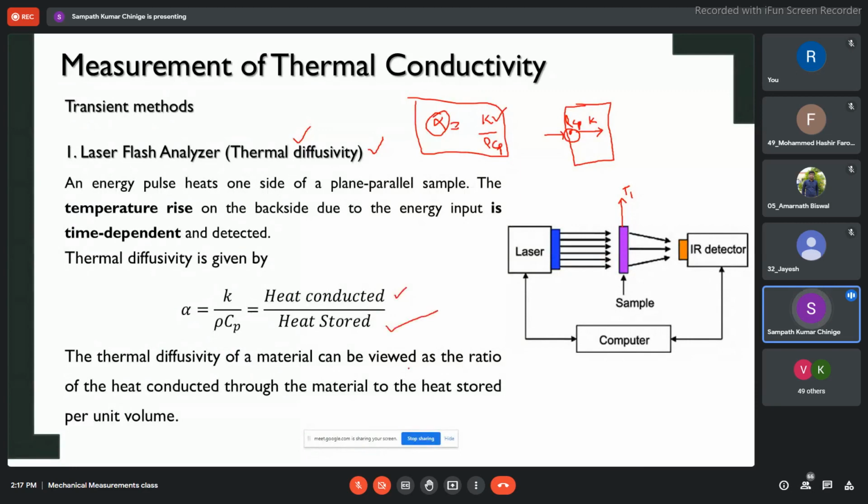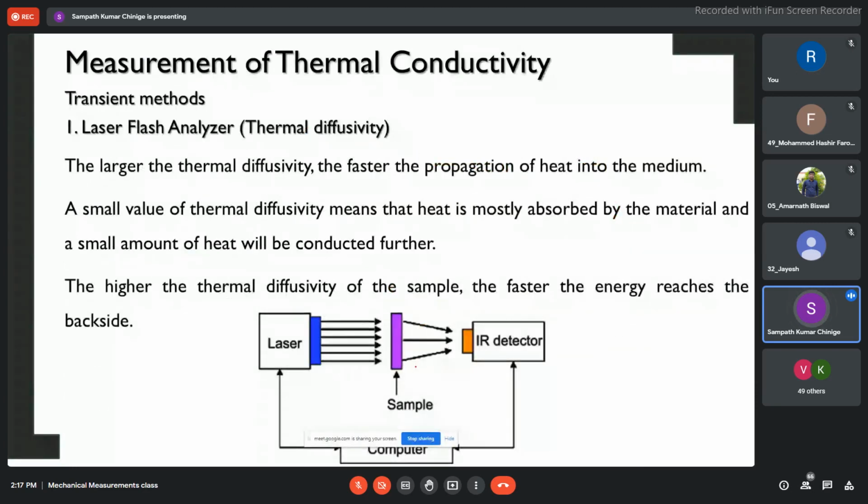Okay. So now what happens is, with the help of the IR detector, I am trying to measure this particular temperature. It will be taking a video kind of a thing for every time sample, with respect to time, what is the variation in the temperature I can take. Okay, with respect to each time. Right. And then I can record it and I can use that for whatever purpose that I want.